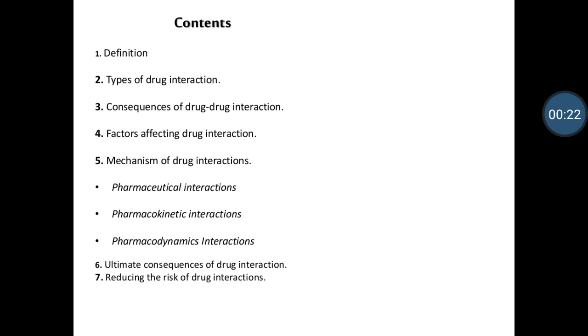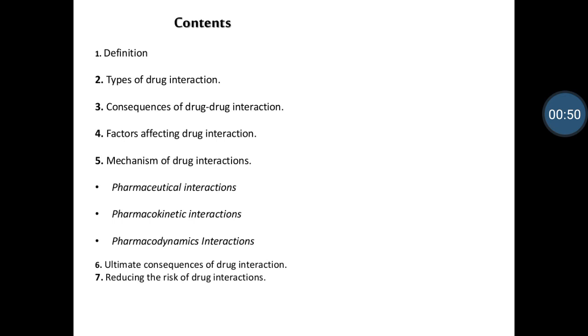Adverse means they will produce difficult situations, like mild, moderate, severe conditions. For example, an allergy. If you have an allergy to aspirin or ibuprofen, they will produce an adverse drug reaction. Now it is known as a drug interaction. Here, drug interaction means two drugs, three drugs. If you have taken multiple drugs, they will produce interactions between the different drugs,